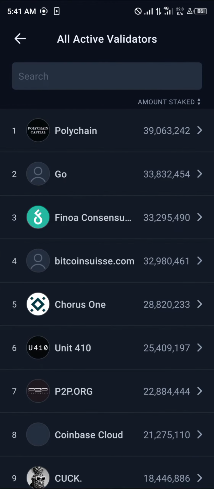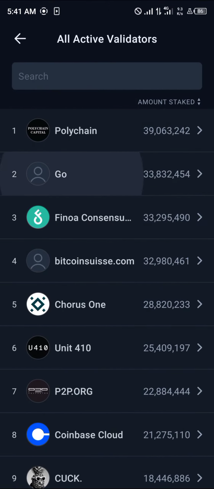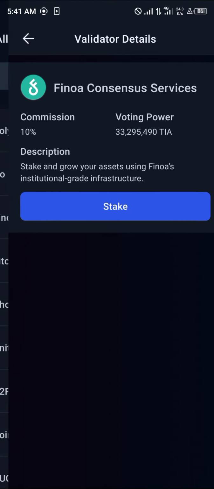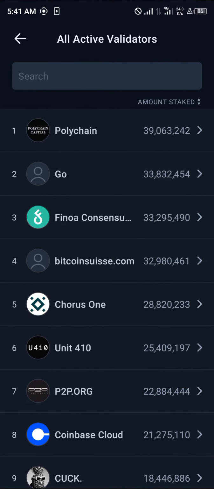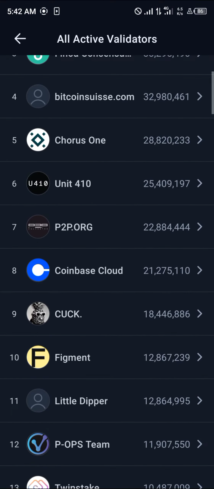And then you're taken to the list of all the active validators. You don't necessarily have to look for the big names like Binance, OKX. You could go for small names that have very good commissions. Like, as you can see, Polychain has a good commission of 20%. We have Go, which has a commission of 6%. Finoa Consensus, which has 10%. We also have Bitcoin SUS, which has 100% commission. And so many other